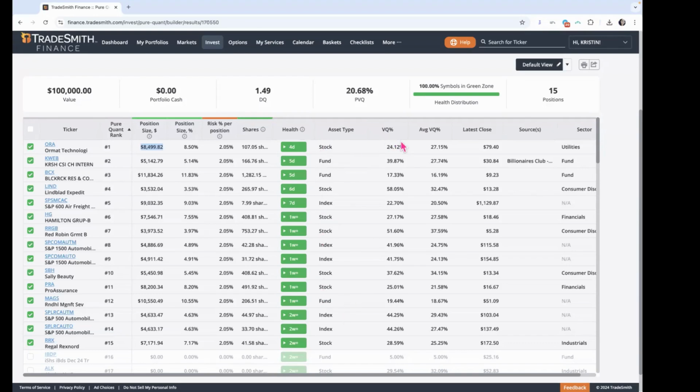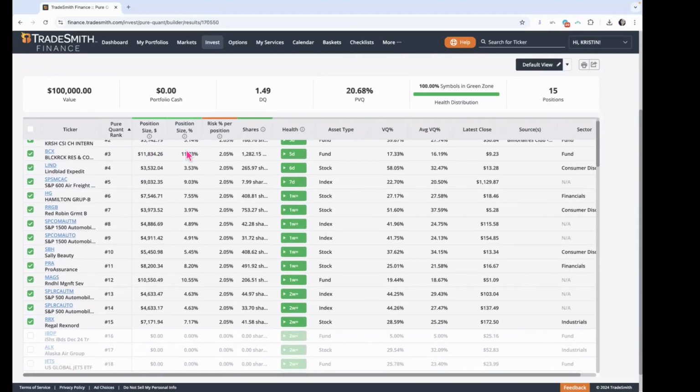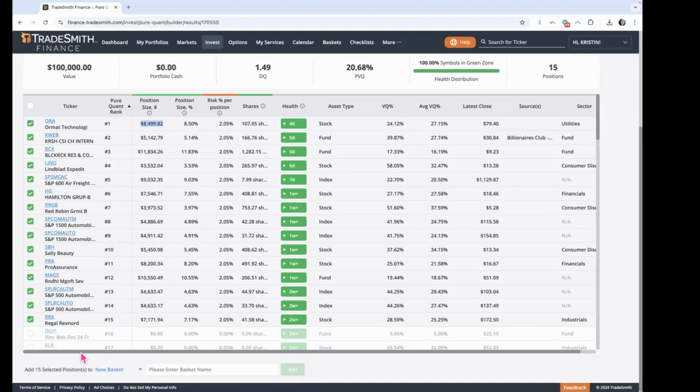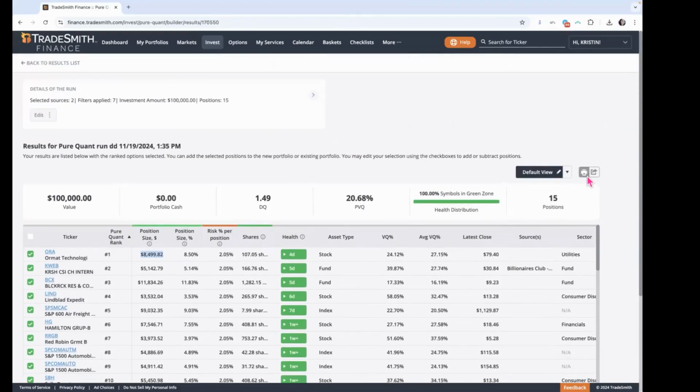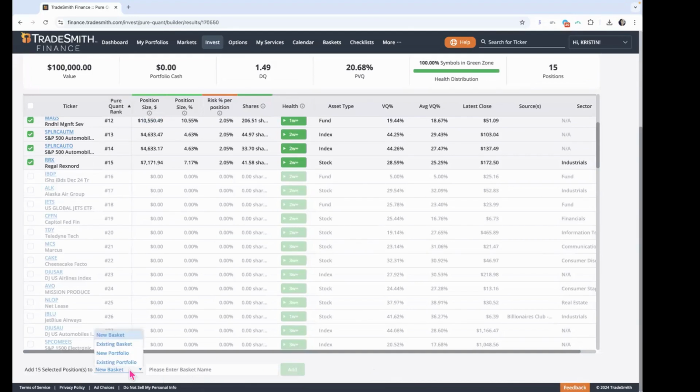Again, it's going to give our VQ, our average VQ, the latest close, the sources, and the sectors that it's coming from. So as you can see, it gave us 15. It broke down all the shares that we want to buy to make our portfolio. So where do we go from here? You can either print this, download it as a file on your computer, or you can come down here, open this, and create a new portfolio